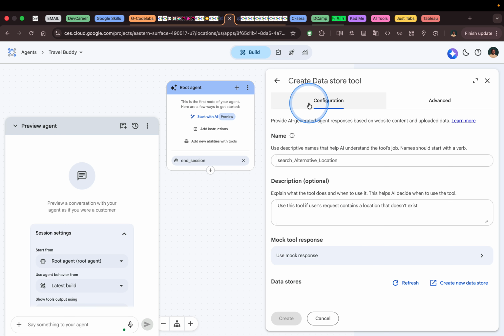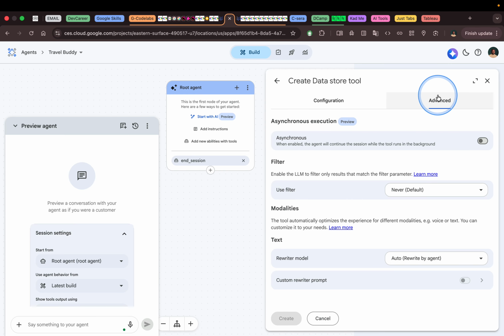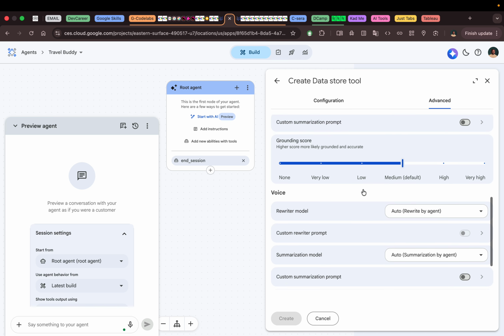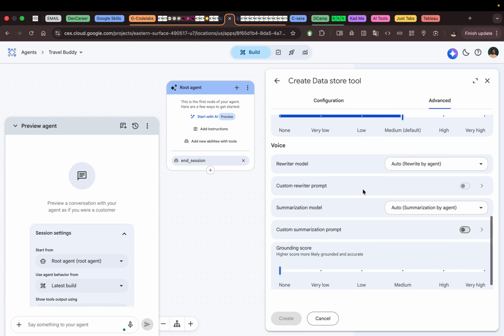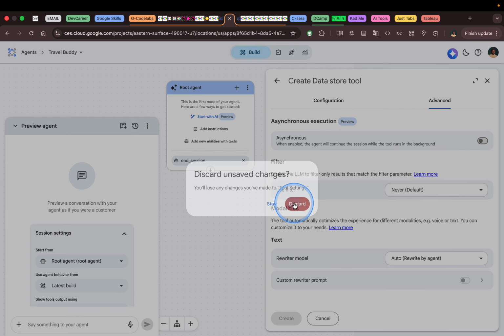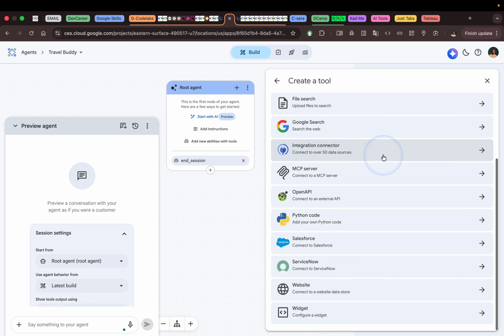So let's go back and look for. We have a region restriction here. Let's discard and see. So let's go back there and then